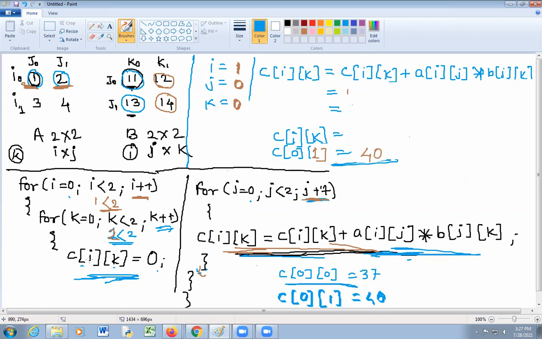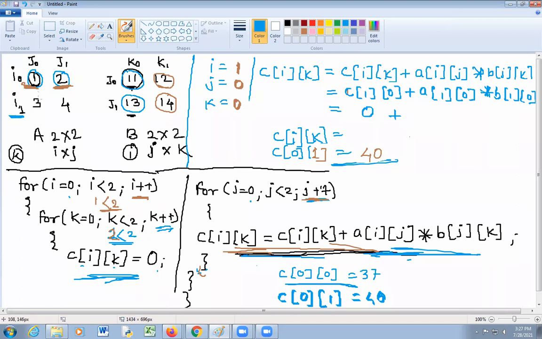So c of ik, that is c of 1 0, is equal to 0. So here c of 1 0 plus a of 1 0 into b of 1 0. So c of 1 0 is equal to 0 plus a of 1 0.